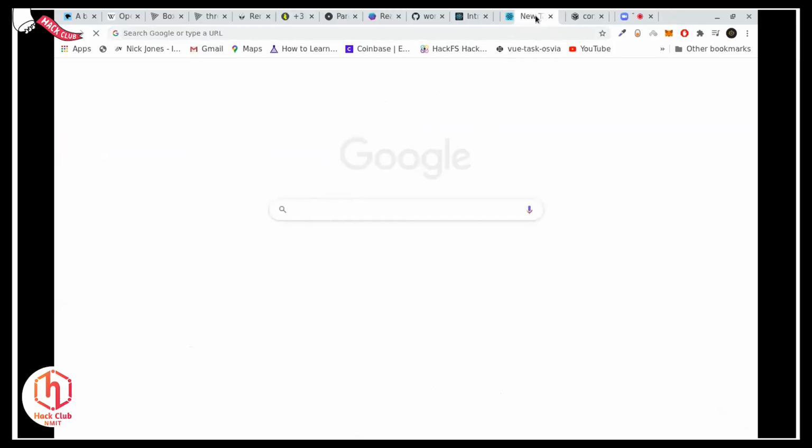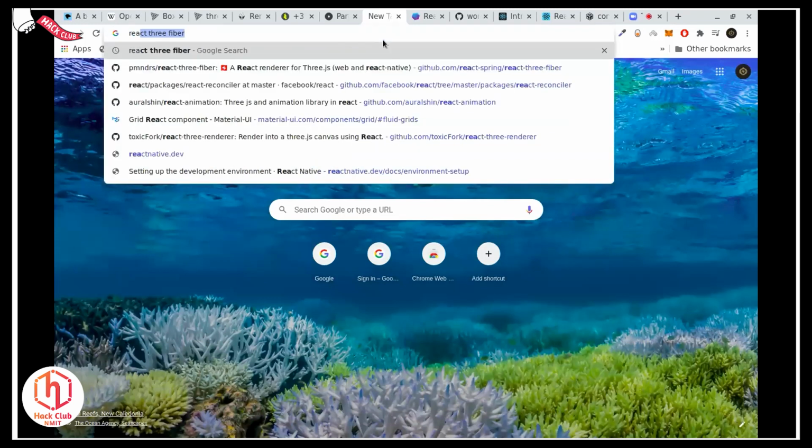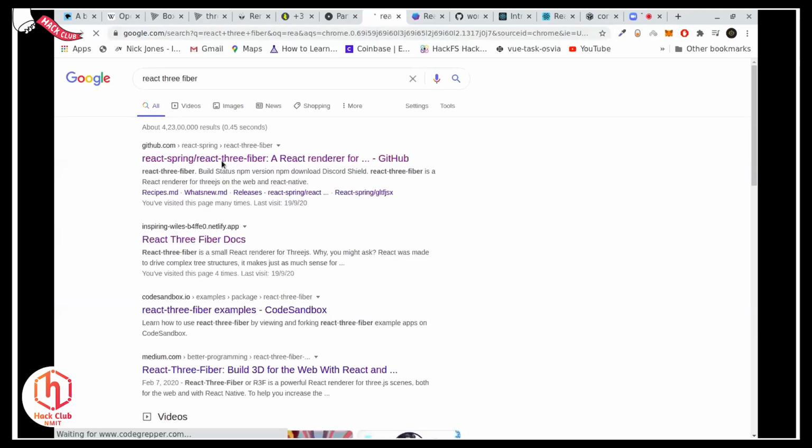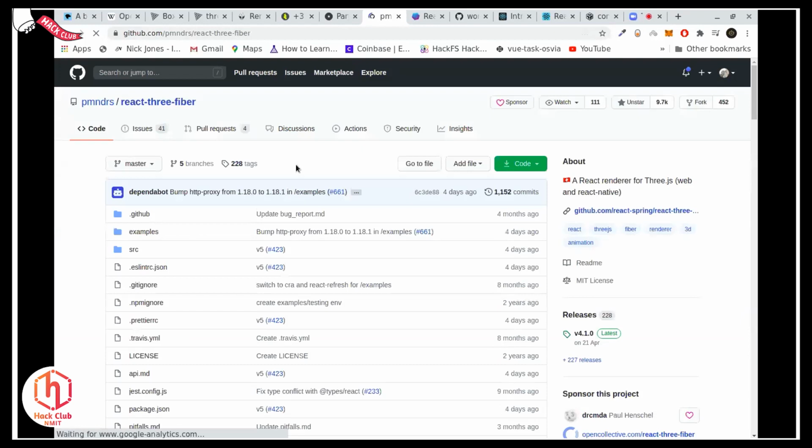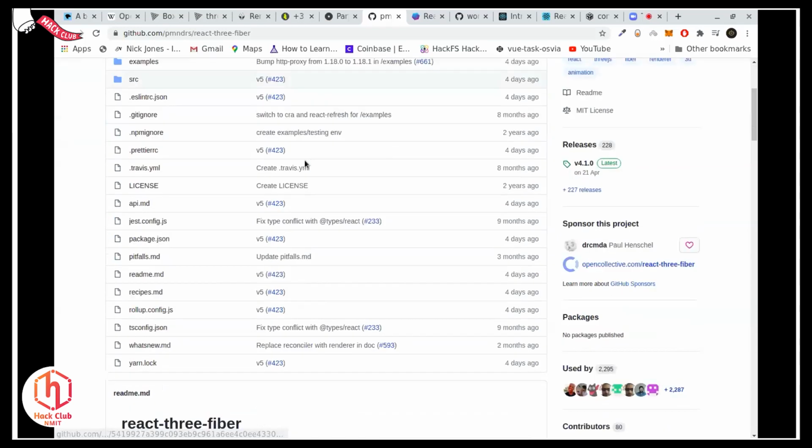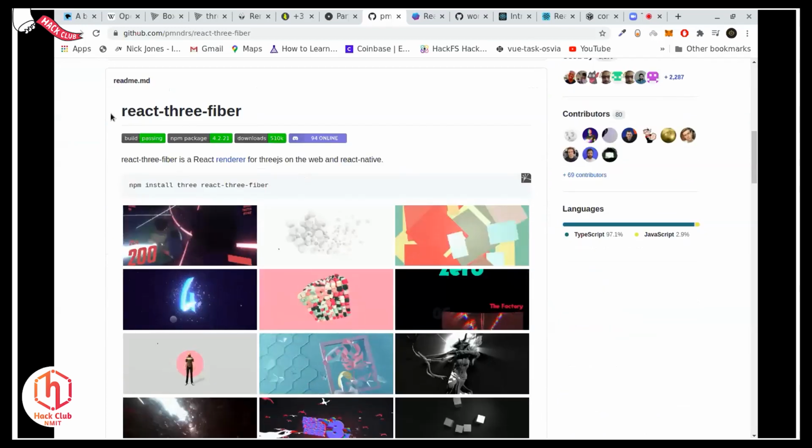Let me just open it. It's a reconciler for Three.js. Paul Henschel was a front-end developer, a German-based JavaScript developer. He was looking for a way to use Three.js inside React, and he wasn't able to find any proper reconciler or renderer for React. So in the end, he started building his own. Genius. So he made this whole React Three Fiber library,